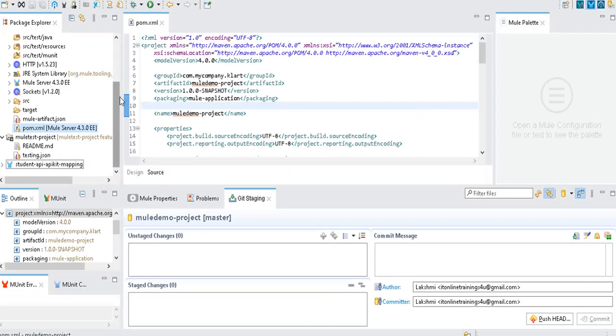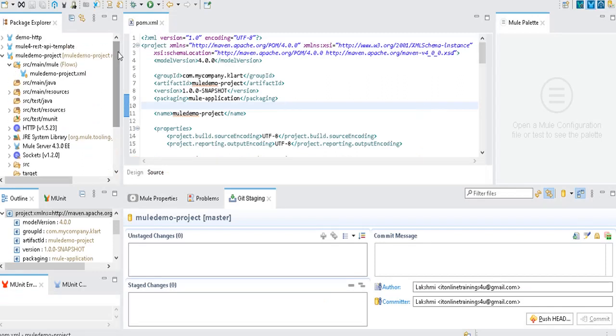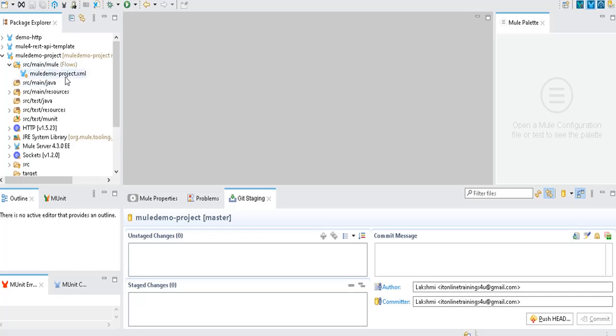Sometimes you might have some confusion while committing the code, like what changes you have done and what changes you are going to commit. In such a case, you can compare your local code to the remote code by using one option here.